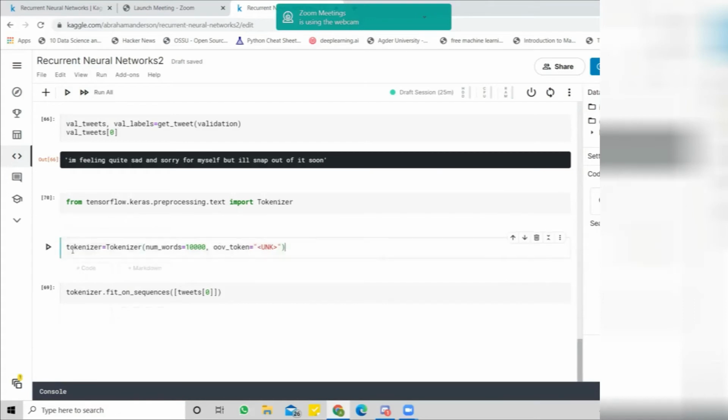Tokenizer. I'm sorry, this is a wrong function I used. It should be texts to sequences, not fit on sequences.